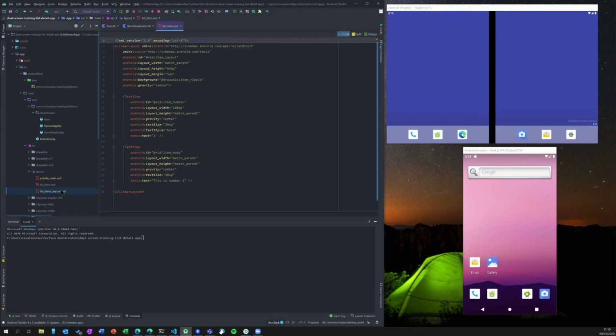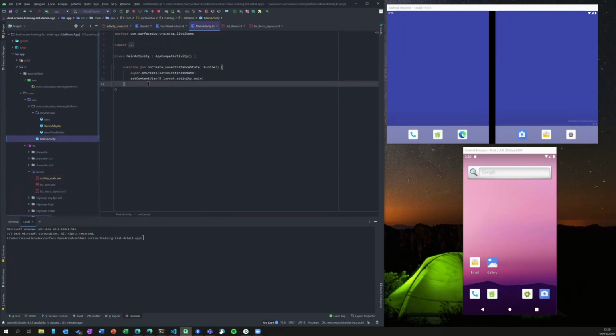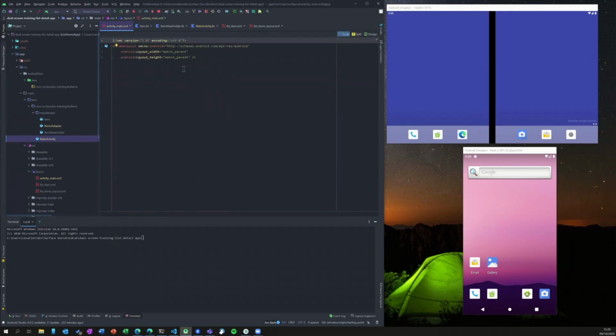And then we have the items layout, that is just the recycler view, that's all. And then the activity, here the activity, that if we go to its layout is what I saw before, that is just a frame layout. If we run right now the app,